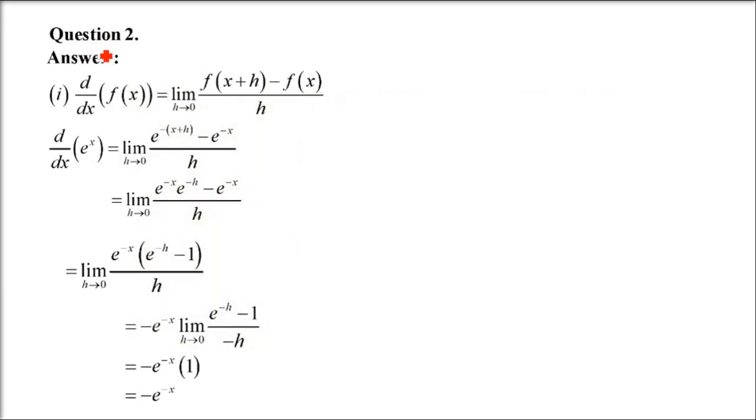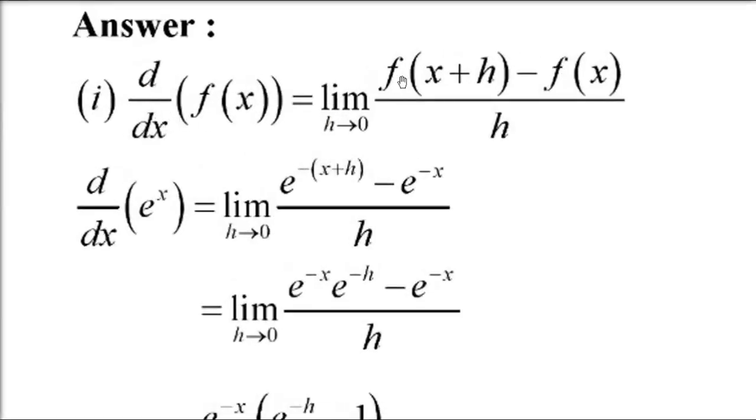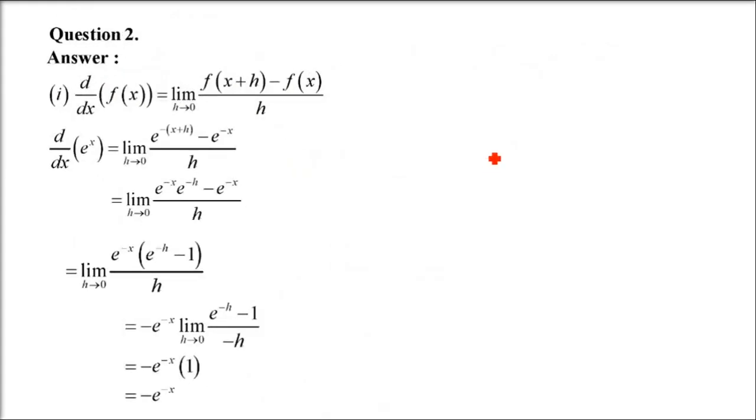This is question number 2, and we have to solve it using differentiation by first principle. So first one is e raised to minus x. So that will be f(x plus h) minus f(x) by h. So wherever we have x, put x plus h first. Then the original, that is e to the power x, has to be put in here, and then divide by h. Every time you have to do this only. And then we'll try to eliminate the h, or we'll try to make some expression for which we already know the result if we apply the limit.